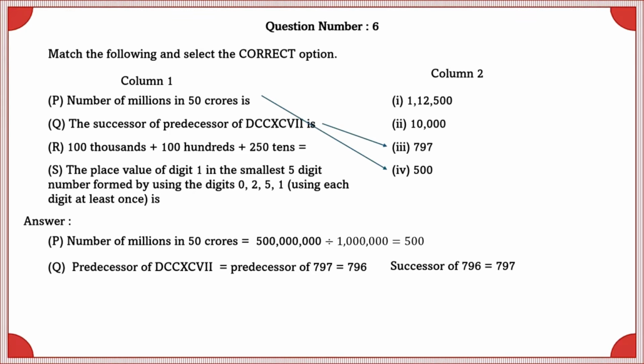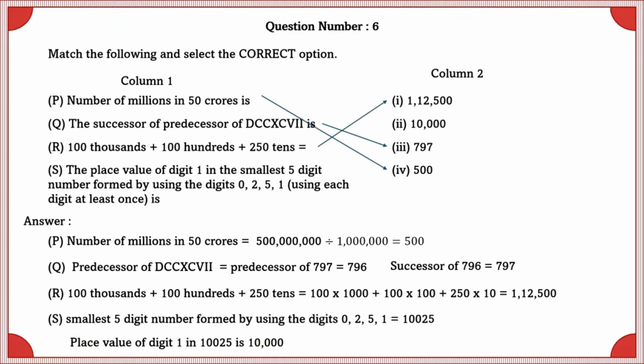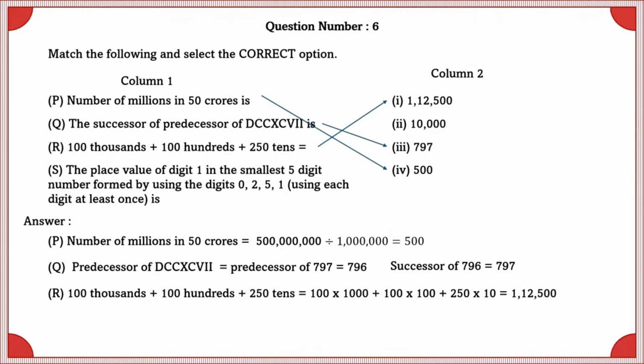100 thousands plus 100 hundreds plus 250 tens is equal to 1,12,500. The place value of digit 1 in the smallest 5-digit number formed by using the digits 0 to